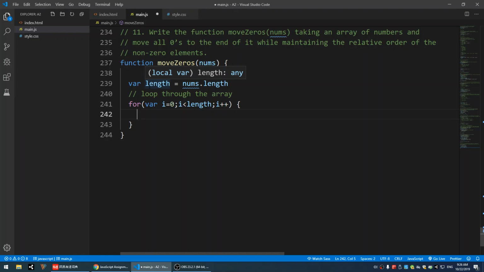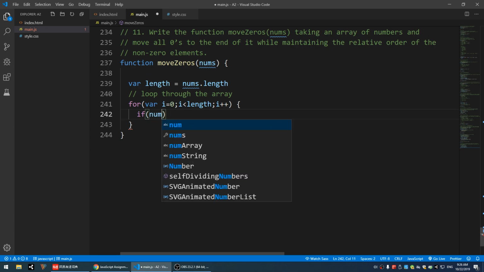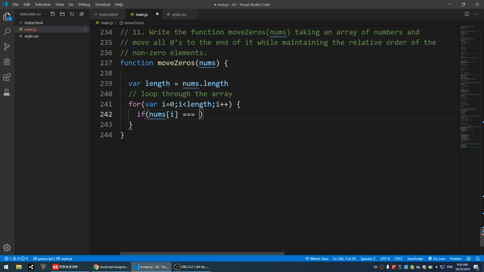For each number inside nums, we definitely want to check if the nums ith item is equal to 0. We can compare that with 0. If that is 0, we want to move that to the end. Otherwise, we want to do something else. If we directly move the item, changing the order of the items, it's sometimes going